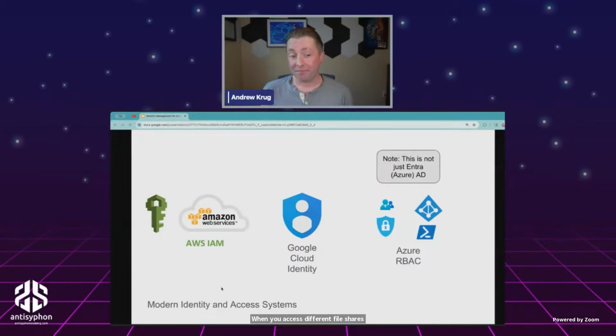Of course, today, now we have modern identity and access management systems, which are incredibly complex. They are very hard to reason about for a number of reasons. It's largely just because humans don't really think in terms of how an access decision facility is going to evaluate the result of a bunch of different policies. They tend to think in terms of, I need to do this and I need to grant that. And so, I don't want to have to come back and do this. So I'm just going to grant this really big basket of permissions. And then I don't necessarily have to care about this. So we're going to look at these three clouds in this.